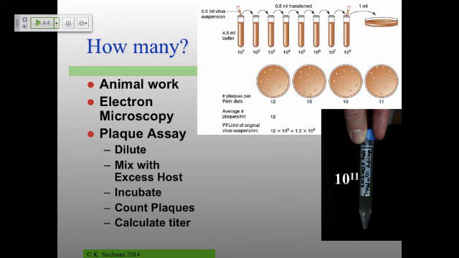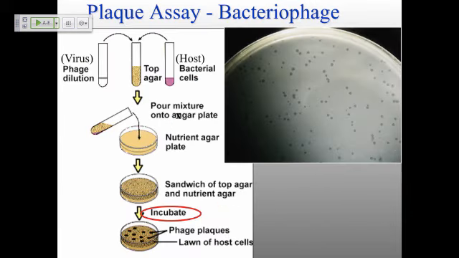Another way of looking at that is here. Again, mixing together your phage dilution with, in this case, bacterial cells, and putting them together with top agar. The critical thing with top agar is it basically slows down the cells. They can't run away, because if they're motile and moving around, then you're not going to get the virus confined in one particular place. Pour that mixture onto a plate, put your top agar together, incubate, and then you look for plaques. And these are those plaques right here. Here's a nice example of a plaque on a plate.